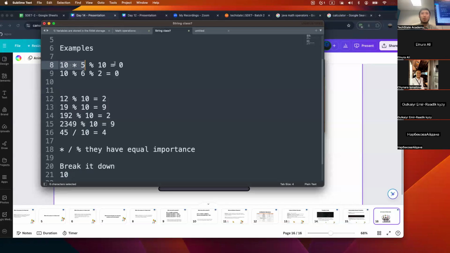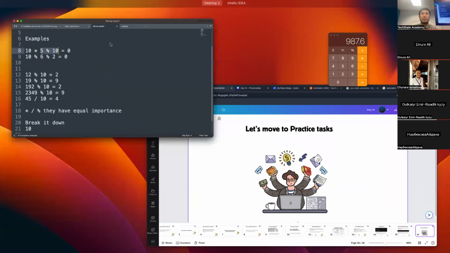Modulus 10, it's 0. 5 modulus 10, what is it, guys? If you count it like this, 5 modulus 10, it is 5. This one becomes 5. And it would be 50 if you begin with modulo. But in this